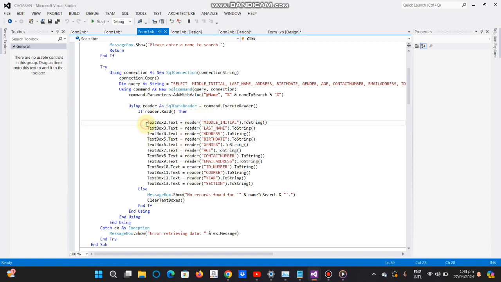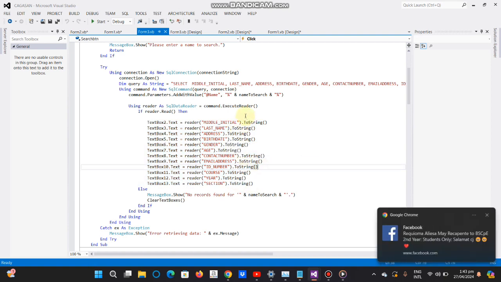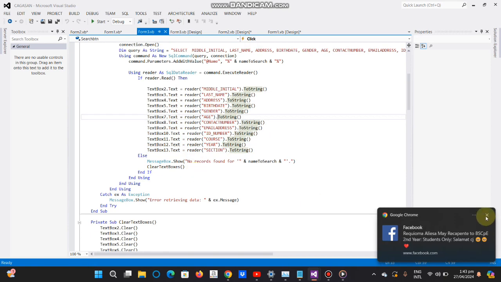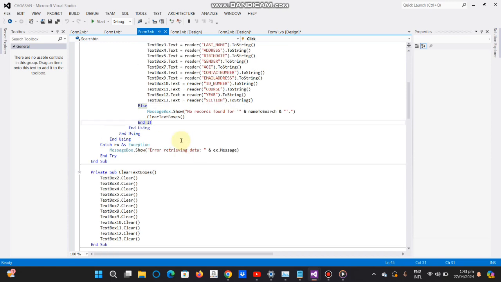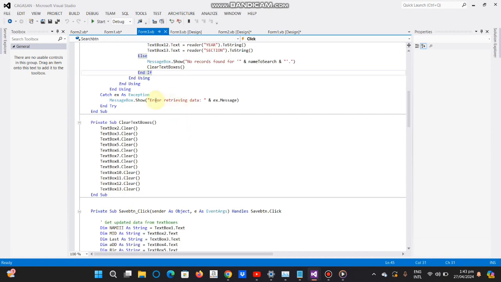Then initialize the text boxes into string. Else no record found. It will show this message. And if error, it will show the error retrieving data.